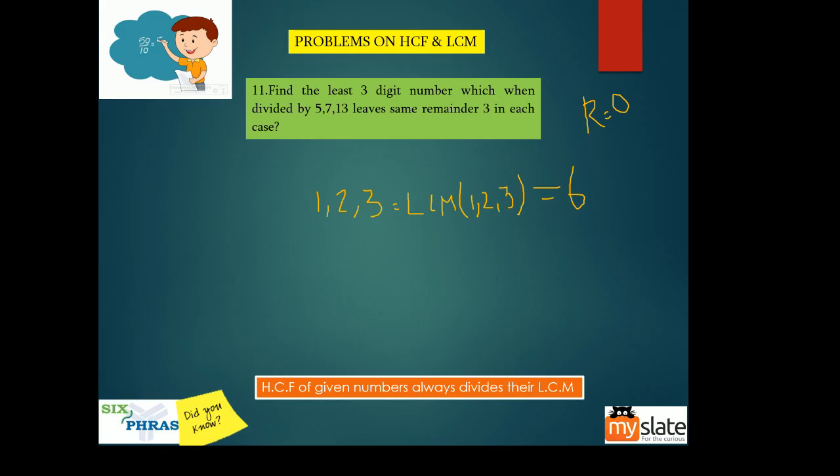Okay, now 1, 2, 3, let us take this one out. We don't need this one. Let's take 2, 3. So LCM of 2, 3 is 6. So 6 is divisible by 2 and 3 and gives you a remainder of 0. When 6 is divided by 2 and when 6 is divided by 3, it will give you a remainder of 0. Okay. Now, if I have to get a remainder of 1,